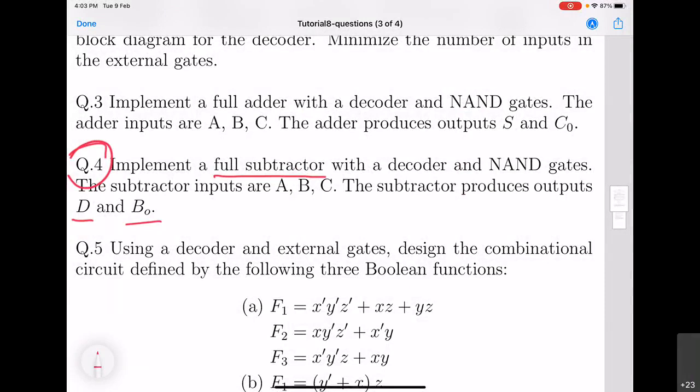So we have to design a full subtractor, which will have two outputs, the difference and the borrow that it has taken from the left side to complement the subtraction. And there will be three inputs, A, B, C. And this circuit we have to implement using a decoder and suitable number of NAND gates.